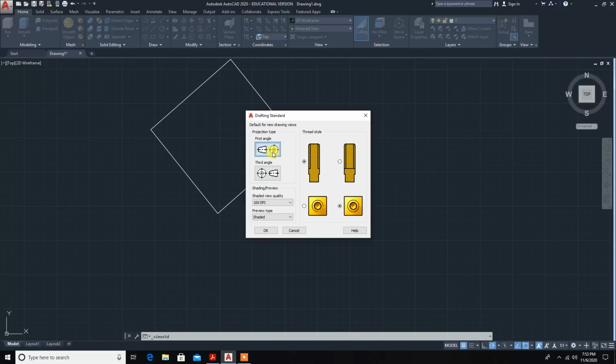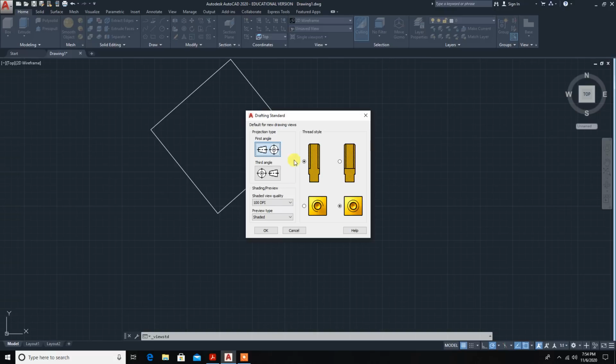First angle projection means above the XY line you will get the front view, below the XY line you will get the top view. If you are not changing this setting, then you will get it vice versa. Then the meaning will change, and your answer will be wrong. So don't forget to set it to first angle projection. If you are not setting this, your total answer is wrong. Your drawing method is correct, but when you bring it to the layout, your answer will be marked wrong. So be careful that you change this setting to first angle projection.